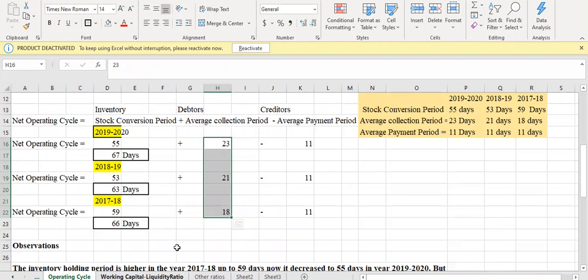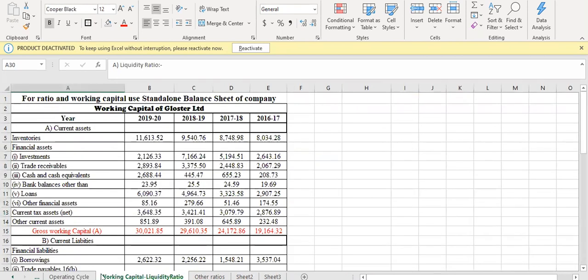There is one small change in the average collection period calculation part as well as the average payment period calculation part. If you are using the same Excel for your calculation, please check the new updated Excel which I have uploaded in the Edmodo class, so you will not have the same error in your calculation. Now today we are going to see the working capital of Gloucester India Limited.